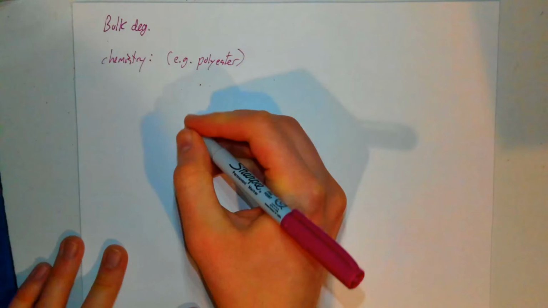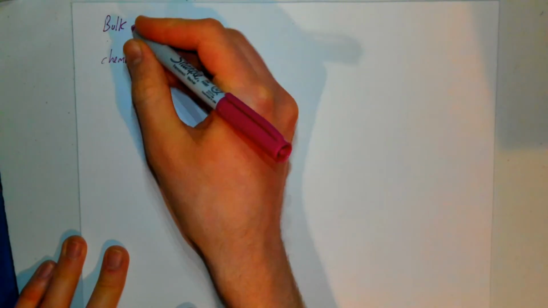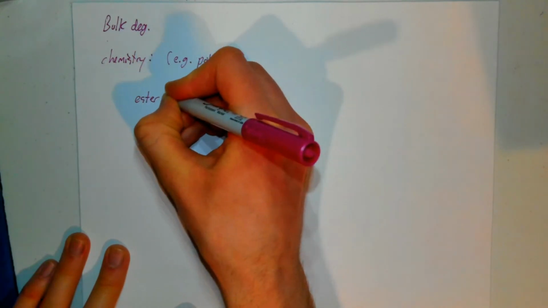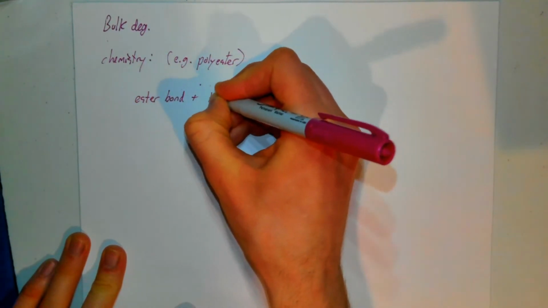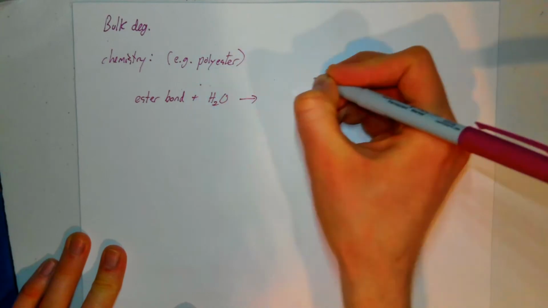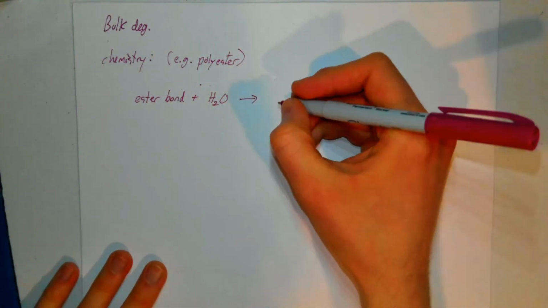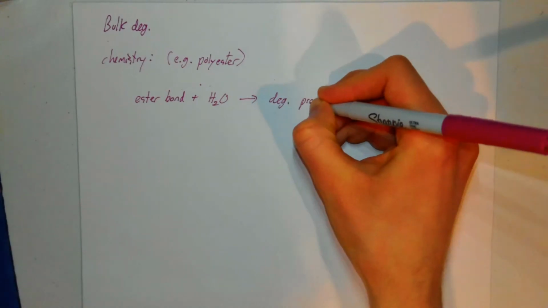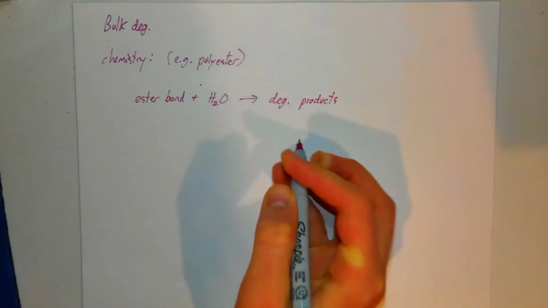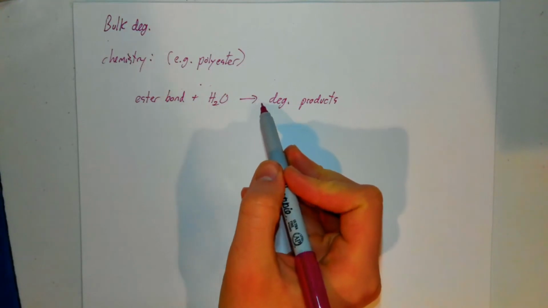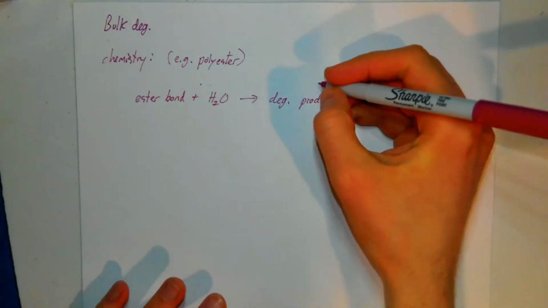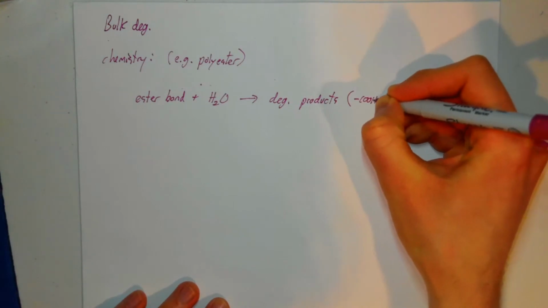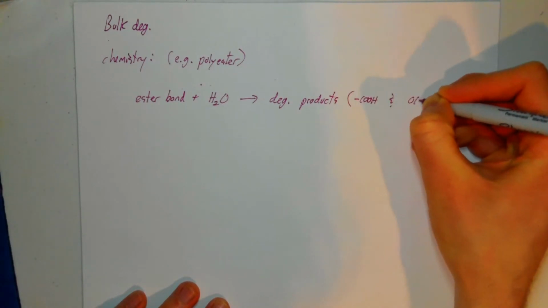And if we had a polyester, the reaction for degradation might look something like this. We have an ester bond plus an H2O, and this goes to degradation products. Although strictly speaking this is a reversible reaction, the degradation products are something like a COOH and an OH